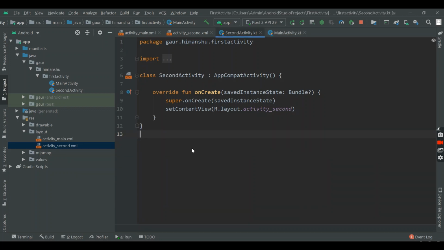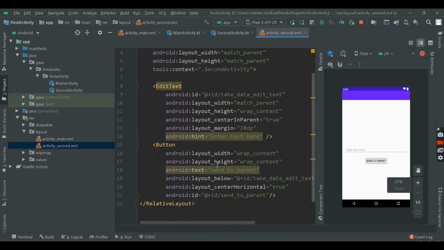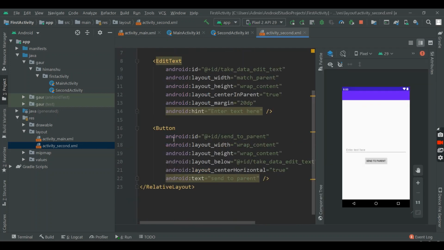So now go to our second activity, and here first reformat it, and here our button ID is send to parent. So on click of this button, I need to send the data which is present in our edit text to our parent.